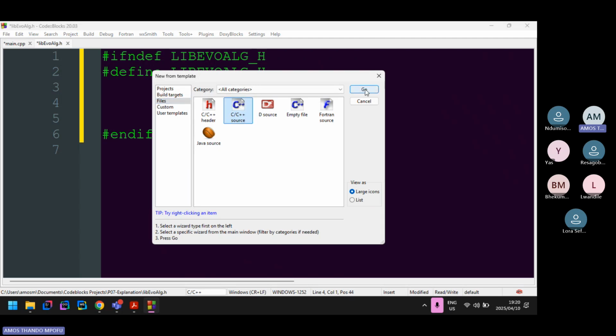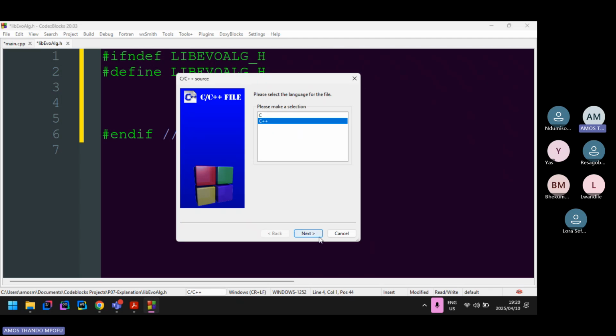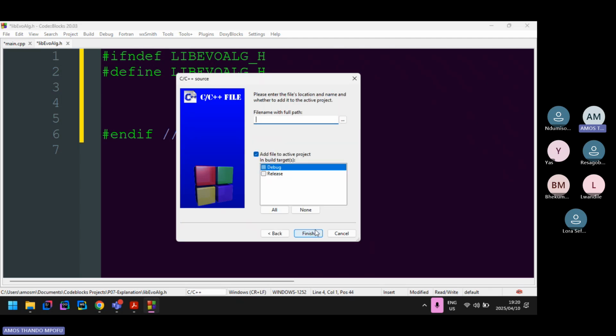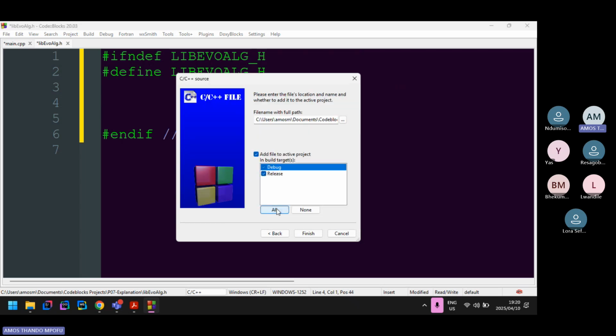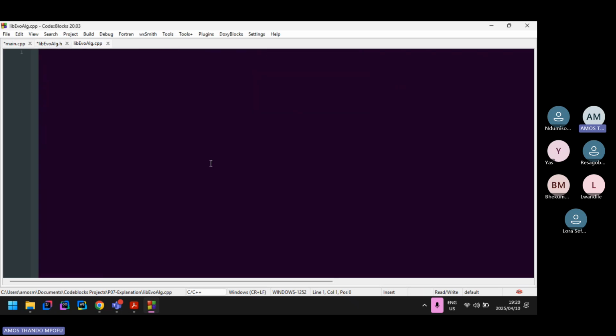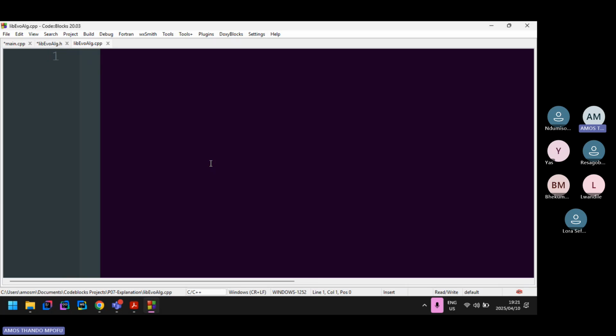Click there, then click go, then choose C++ because that's the language you're coding in. Then paste the name that I was instructed to use to create my source file. Then I'm going to click the three dots, then click save, and then click all, and then click finish. Then now, if I want to make use of